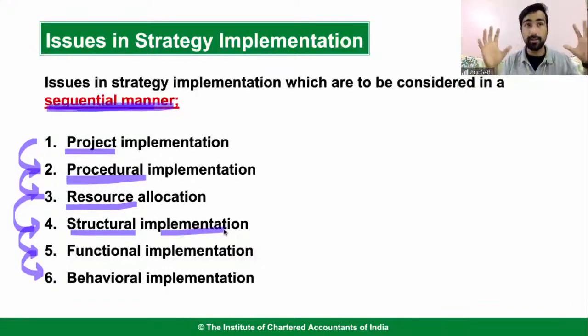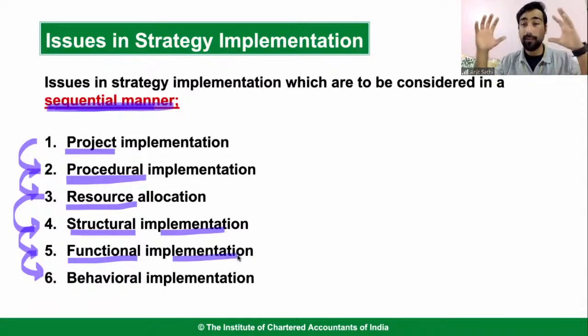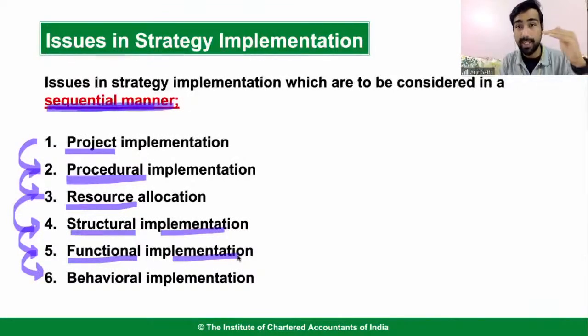You create structures around it. And you're creating a structure की अच्छा division A, factory A के नीचे 3 लोग हैं, factory B के नीचे 2 लोग हैं. You're creating a structure while implementing, right? Functional implementation. Functional implementation means once the structure is done, you build functions around it, right? एक structure बन गया कि इस factory के नीचे 3 लोग हैं, इतना खर्चा marketing में हो रहा है. Then you create functions around it. You create a functional, इसमें finance people, इसमें this people, इसमें that people. You build an entire functional structure, functional implementation. Finance function सही से काम कर रहा है, HR function सही से काम कर रहा है, right?